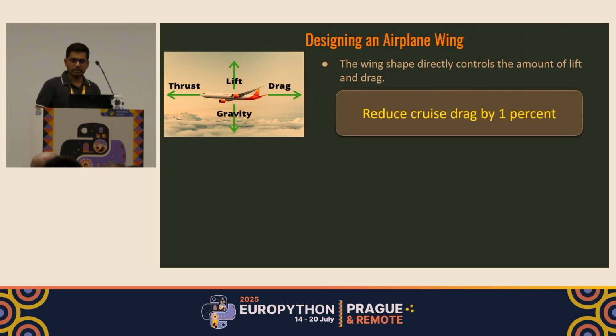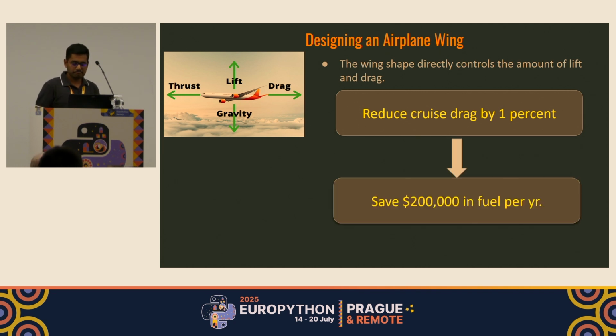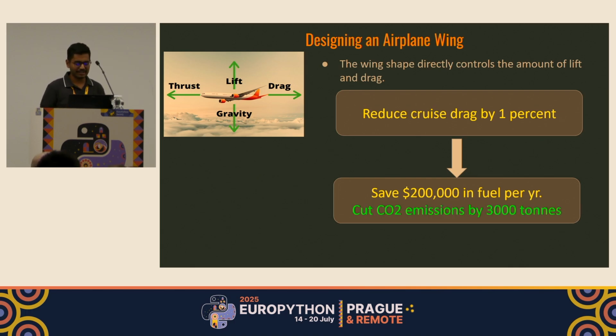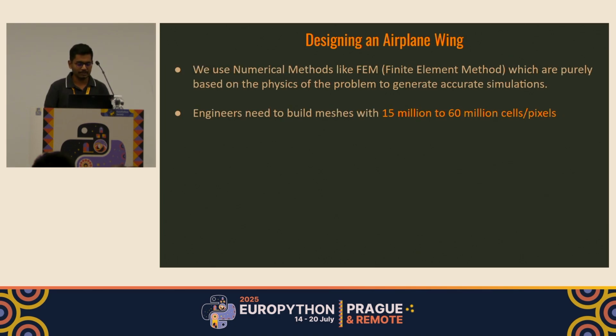If we are able to reduce the cruise drag by just 1%, then the aviation company will save around $200,000 in fuel per year. I don't think that is much important, but more important is that it will cut CO2 emissions by 3,000 tons per aircraft annually. So while designing an airplane wing, what engineers usually do is employ numerical methods like